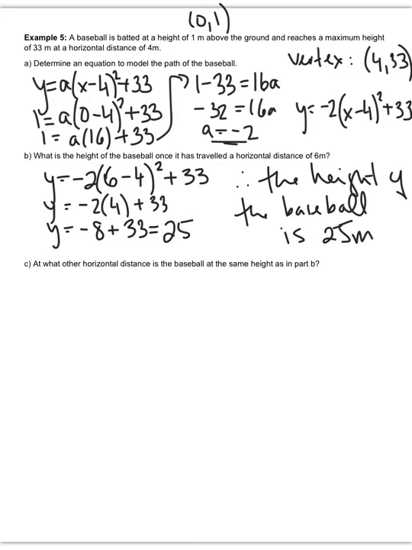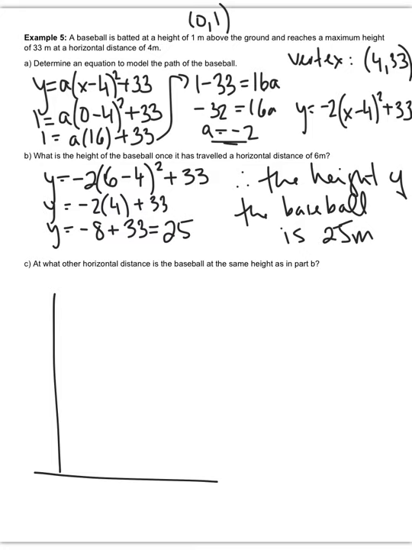Okay, part C asks, at what other horizontal distance is the baseball at the same height as in B? So we've seen this before. We're going to find the other x coordinate when y is at a certain height, when y is 25 meters. Just to mix things up, I'm going to show you another way to solve for this. We could definitely do it the way we solved it before, but I'm going to use a graphical